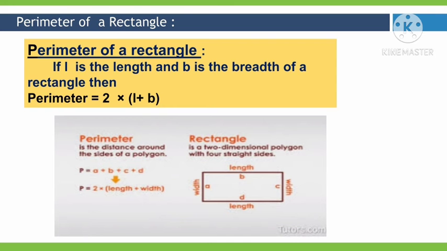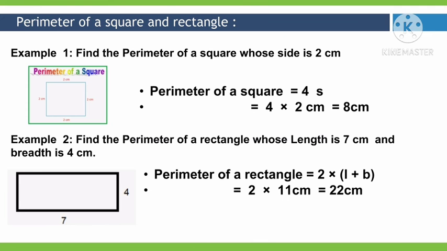Let us see these with the examples. Look at the first example given here. You want to find the perimeter of the square whose side is 2 centimeter. So only one side measurement is given. So it is understood that all four sides are 2 centimeter only, because for a square all four sides are equal. So in order to find the perimeter of the square, instead of adding 2 again and again 4 times, you can easily multiply it with 4. 4 2s are 8. So the perimeter of the square of side 2 centimeter is 8 centimeter. Easily you can get the answer.